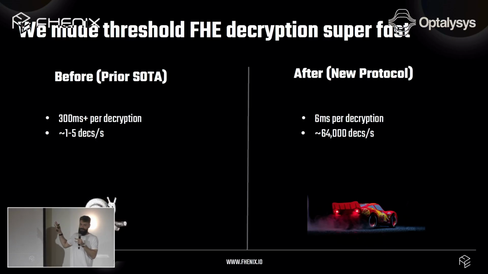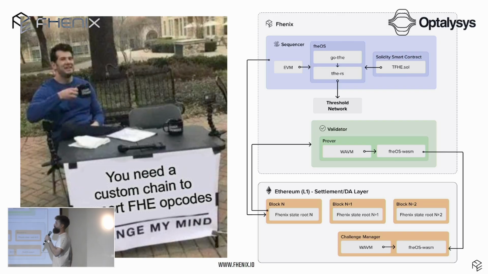What we have currently, and this is big. Current state of the art is about, like what we said before, 5 decryptions a second, let's say. We managed to go to tens of thousands of decryptions per second, and this is not very optimized. We think it can even go up to 100,000 decryptions a second, which is amazing, right? Which basically solves the problem that we just discussed of encrypting the balances.